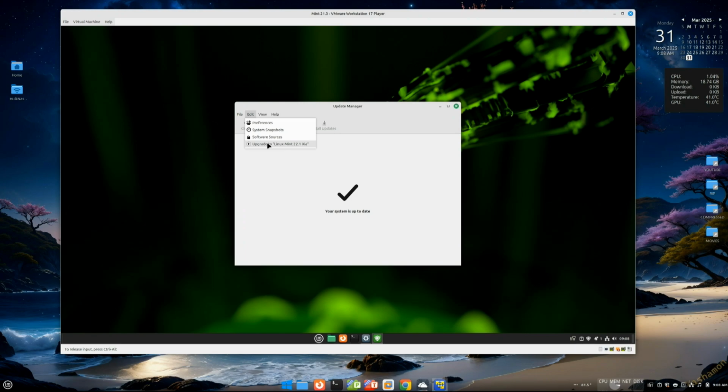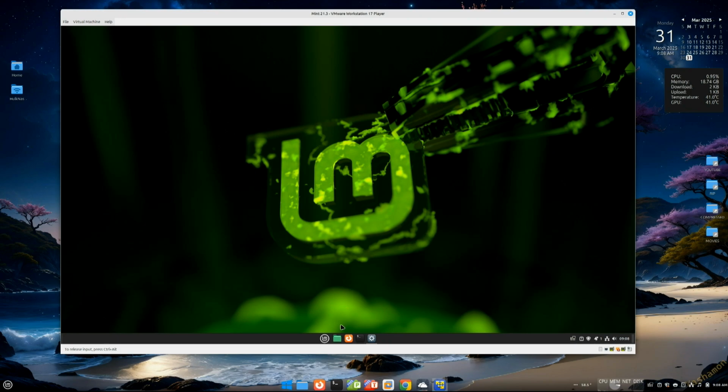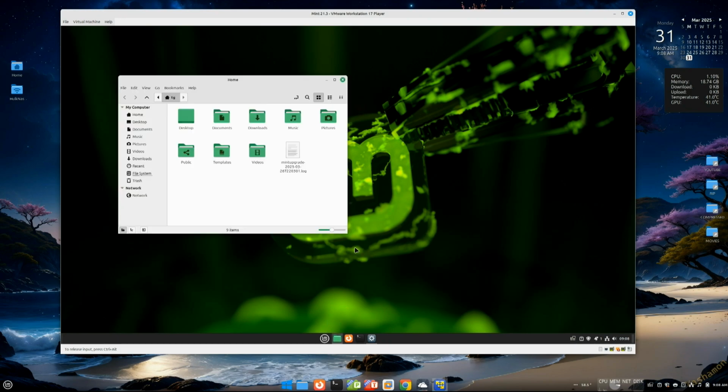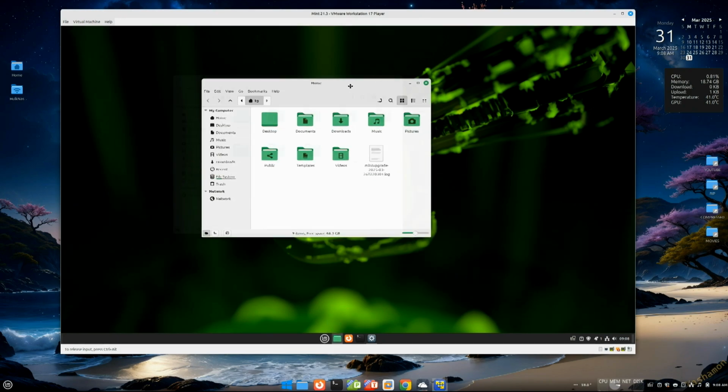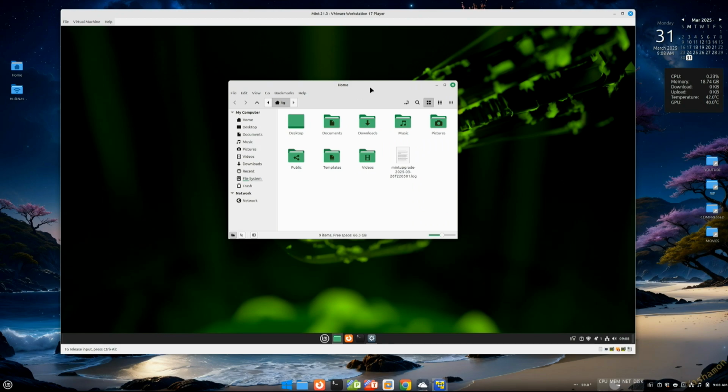It's not as big an upgrade as going from 21.3 to 22. So I'm not going to run through that right now, because I just want to show you the issues that you're possibly going to run into. There are a few programs that I installed as deb packages, and so what happened was on my test system, once I went ahead and did the upgrade,